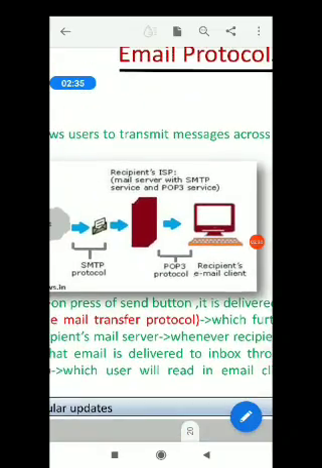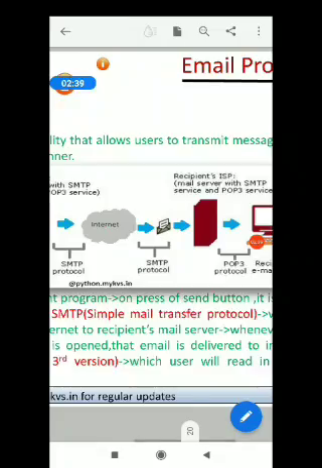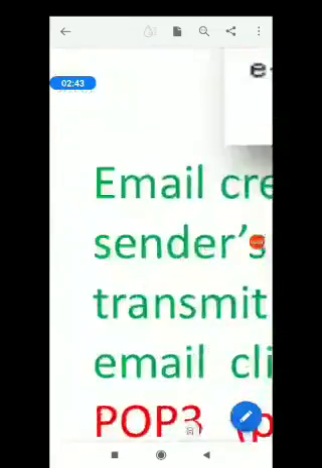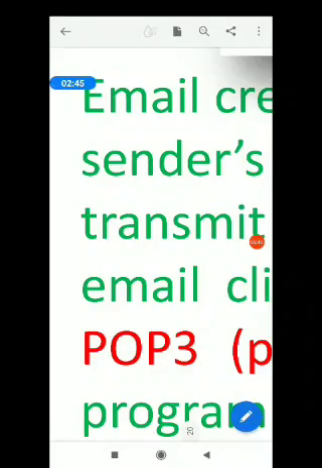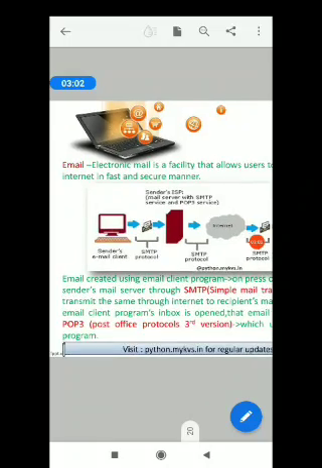So this is the whole process through which the email protocols SMTP and POP3 work. POP3, please note down the full form, Post Office Protocol. So this is the way you can send email messages to various clients.